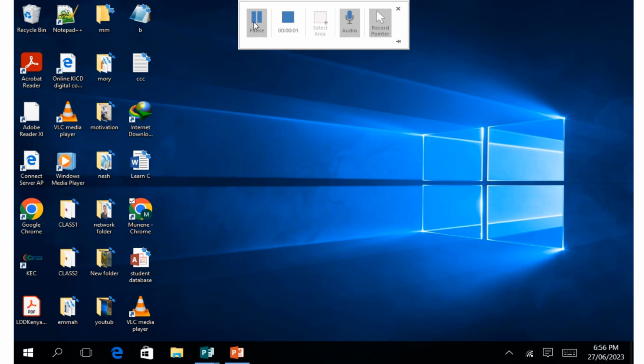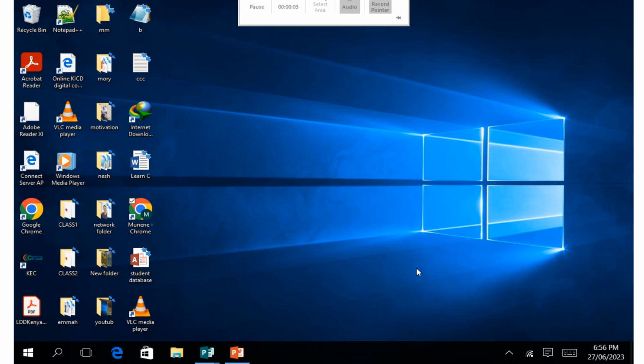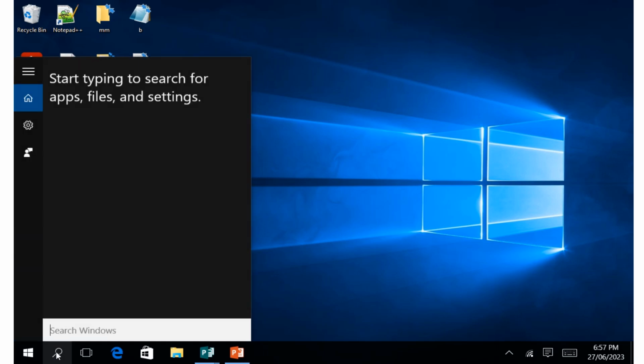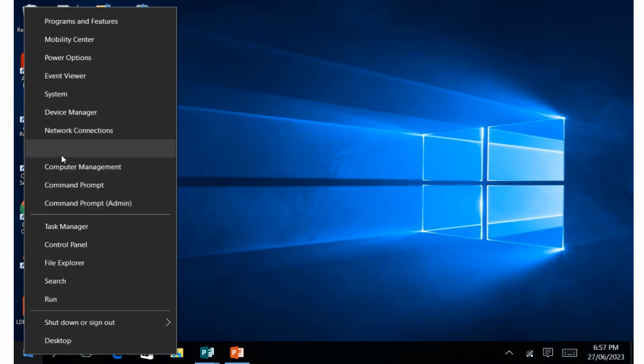Hello everyone. In today's session, we are going to see how we can hotspot a mobile phone using this Wi-Fi that I have here. To do this, you can go to the search window, or right click on the start, and then we go to the control panel,